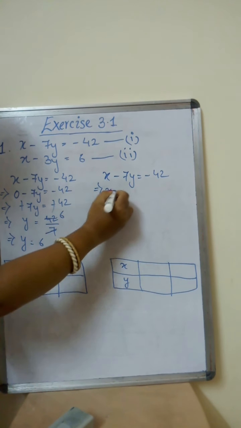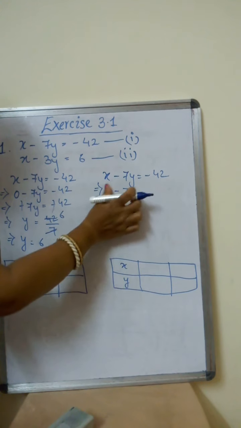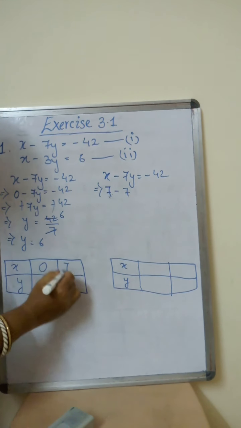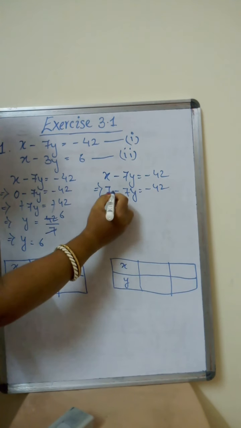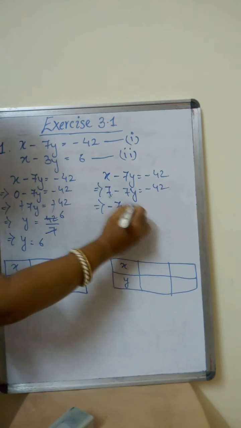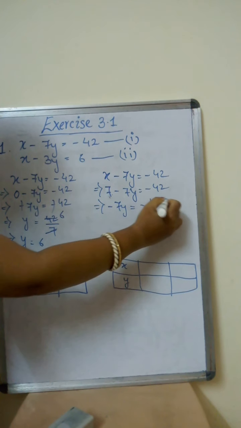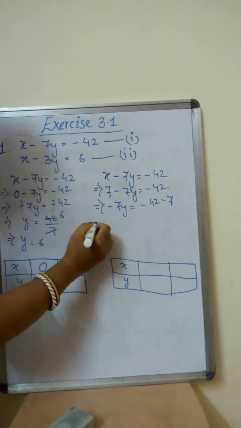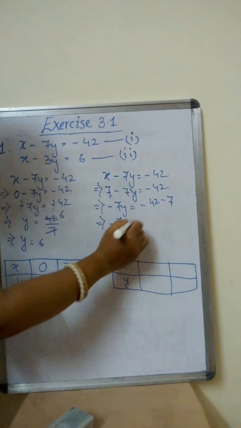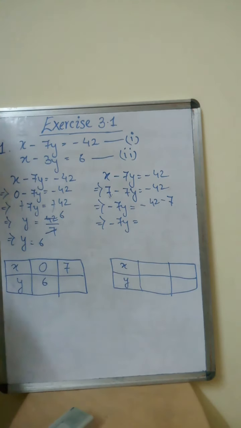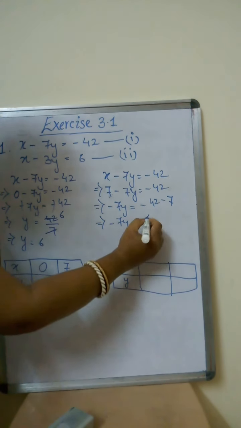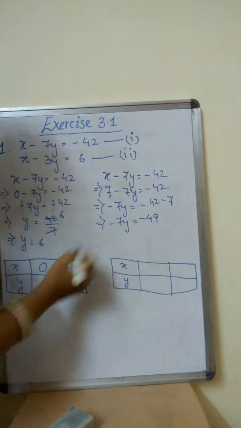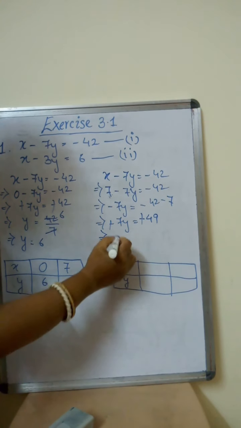I take the value of x to be 7. Right? So 7 times 7 is 49, and the equation is 49 minus 7y equals 42. So here, minus 7y. I take the 49 this side, minus 49, so minus 7y is equal to 42 minus 49. Your sign becomes minus 7, so minus 7y equals minus 7, and minus minus gets cancelled.